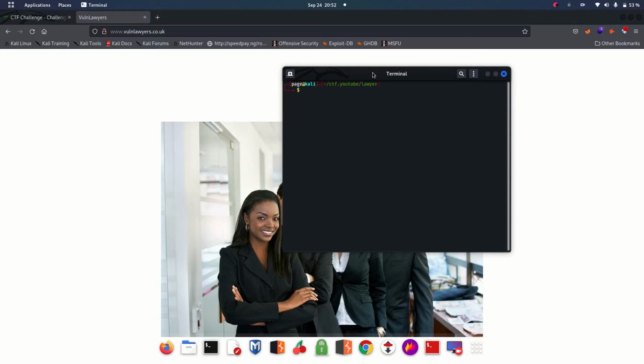I'm going to clear the screen and start with using nmap, with -sV for service version, and I'm going to paste in the top level domain, which is .co.uk. Okay, so that's it. This nmap is going to give us the service ports and versions that are open. We all know that we have a web application hosting already, but without wasting much time,